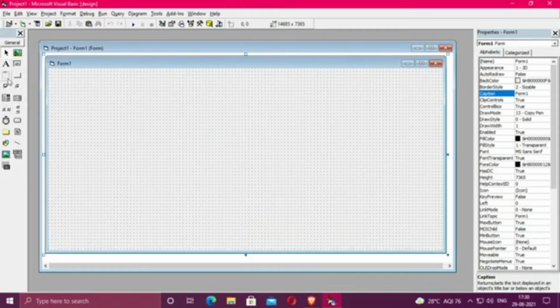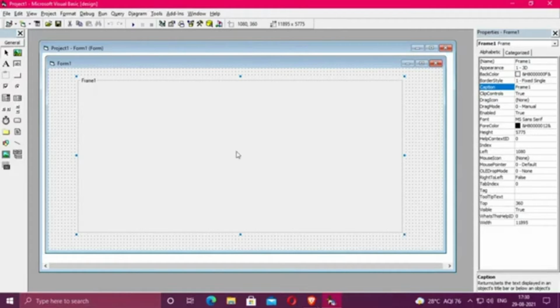Here on the side you can see a frame. With the help of my cursor I am showing you. The purpose of the frame is just for an outline. We can have a group of controls in that so that we can control it. Just an outline. Now on the right side in the caption we can see that Frame1 is changed to Calculator. Now you can see at the top that it is shown as Calculator. So the purpose of the caption is to give a name.